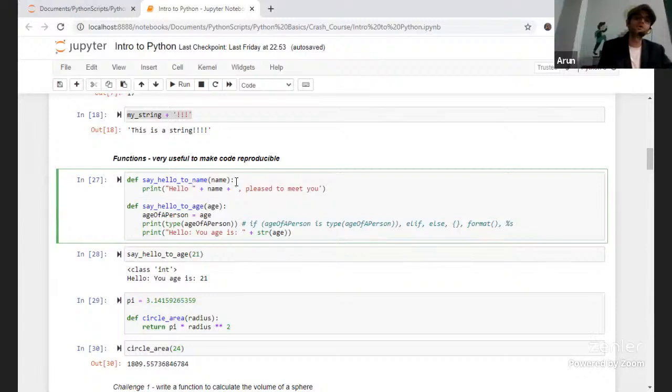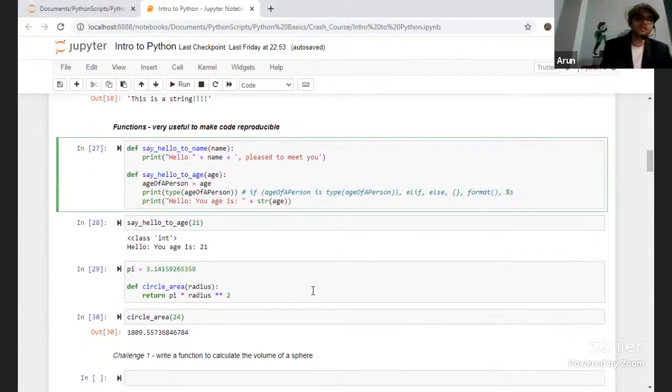I have created 2 functions, and I'm going to call this function somewhere down. So probably you'll have an idea. Let me just come back to this. But just to give you a background, what I'm going to do is call this say hello to age or say hello to name,